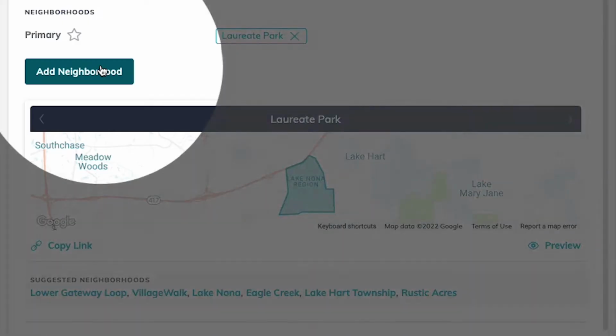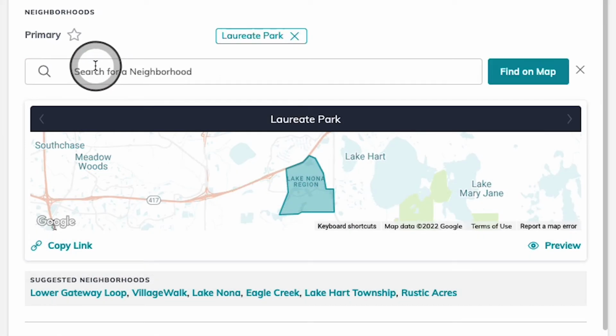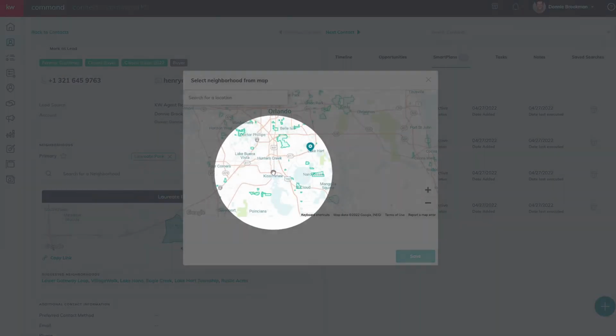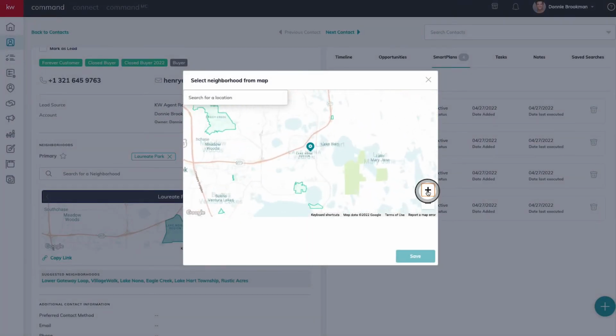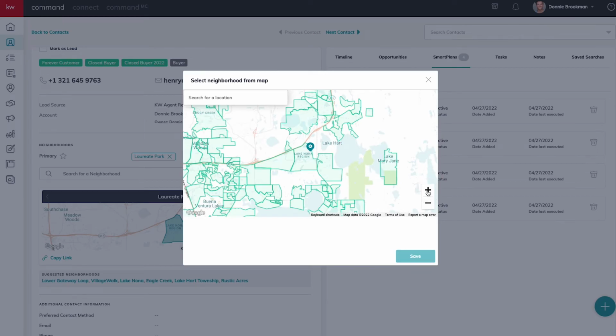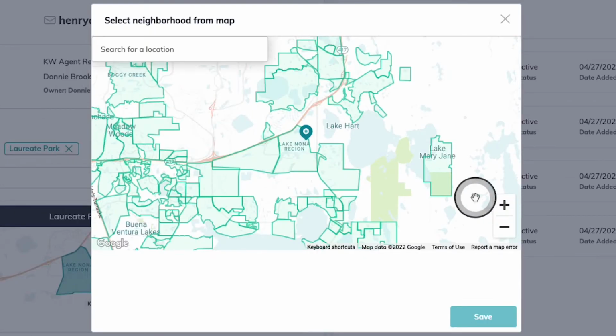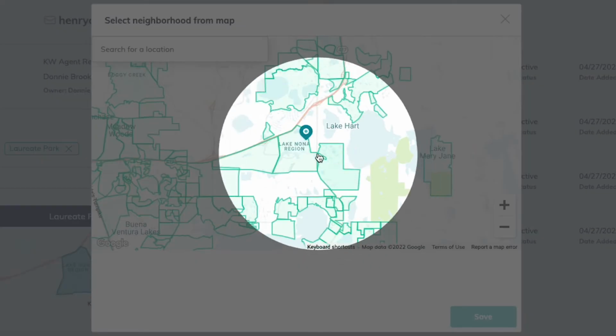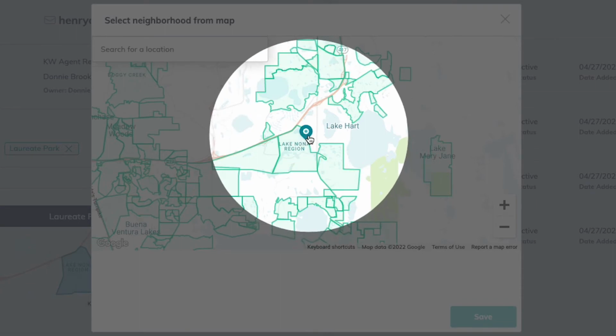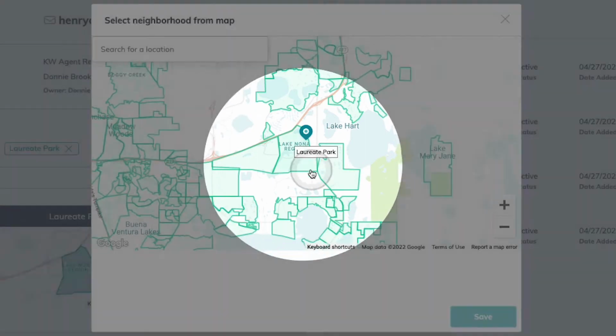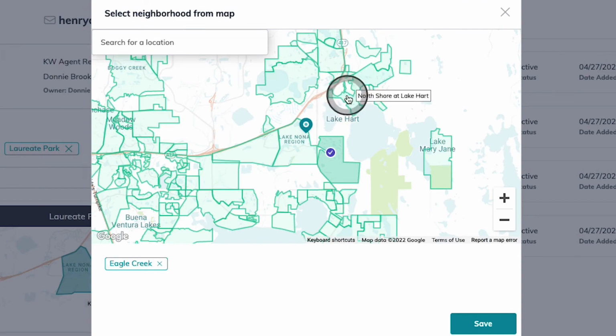I can use right here this add neighborhood button so we can help Henry stay in tune with not only the neighborhood he lives in, but maybe some surrounding areas. We'll use the find on map option and zoom in a little bit closer where we can see all of the available neighborhood boundaries. This pin represents the home right here inside of Laureate Park, and we're gonna add some of the neighborhoods surrounding